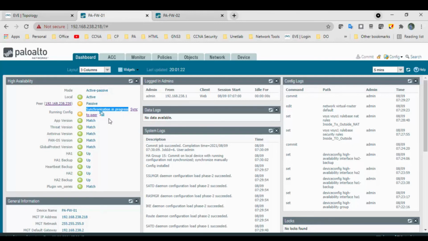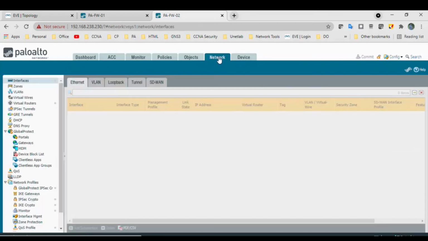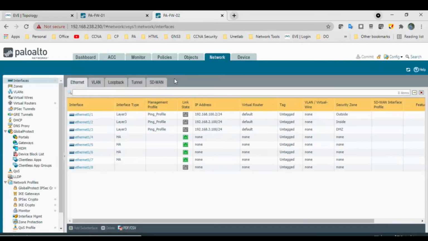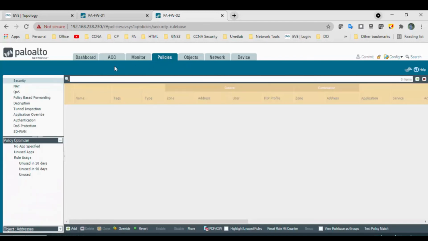So once it's complete, in firewall 2 we will be able to see the configurations of network and objects. Right now I can see all the three interfaces already synced up, but they are in down state. So let's wait for the complete sync up.